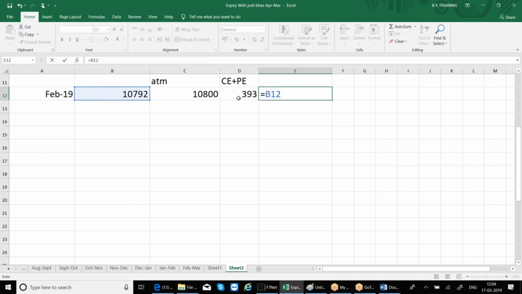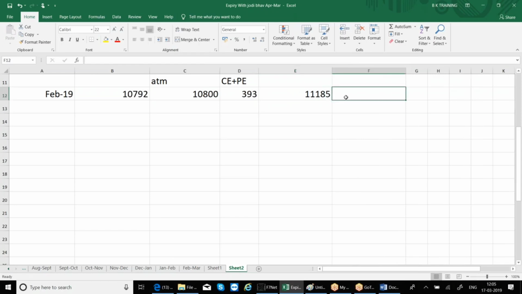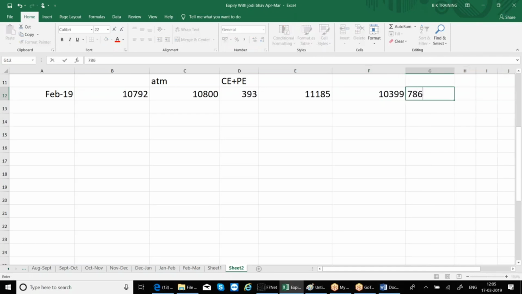We'll take plus ATM first. अगर मैं इन दोनों का रेंज पकड़ती हूं तो विच इज इक्वल टू अप एंड डाउन, दोनों का मूवमेंट पकड़ती हूं तो